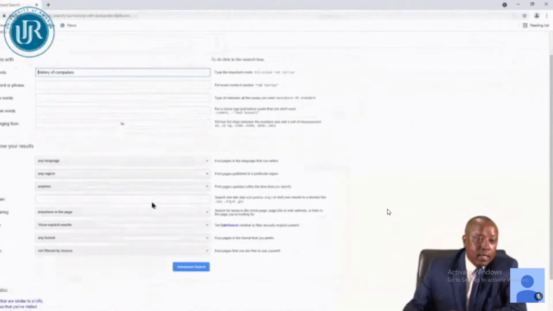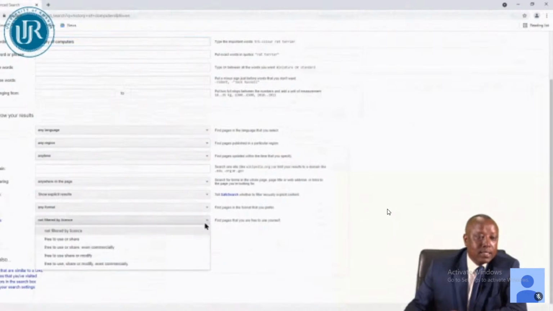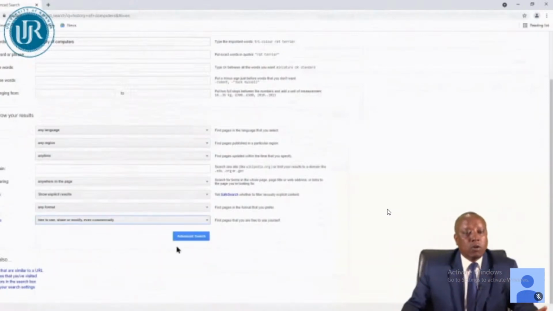I get this screen. In this one, we have down usage rights. And usage right, I have many choices. I have free to use, to share or modify, even commercially. Or we have free to use, share or modify. So if I click on one,